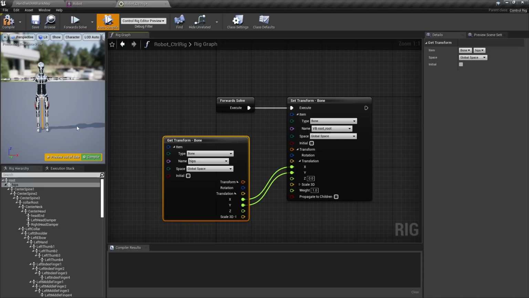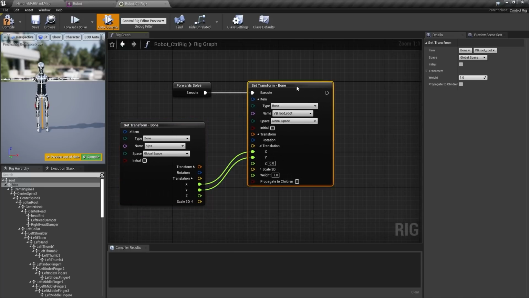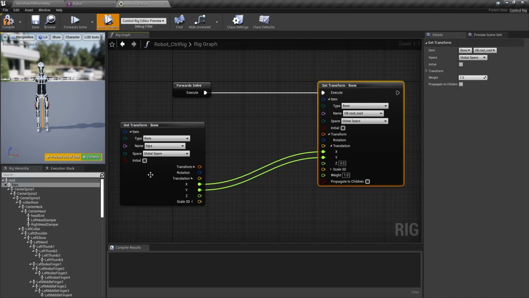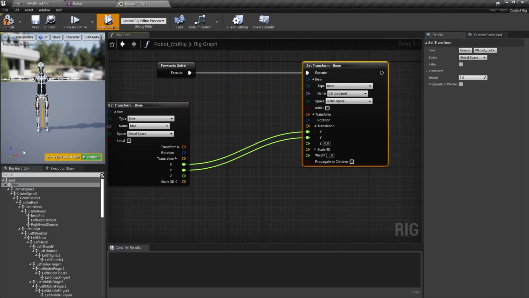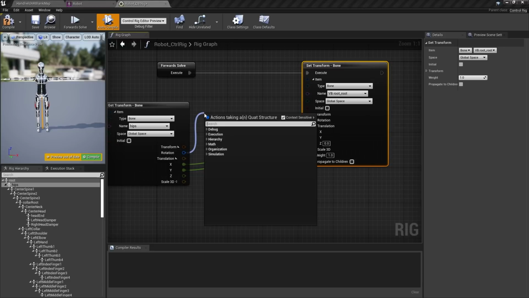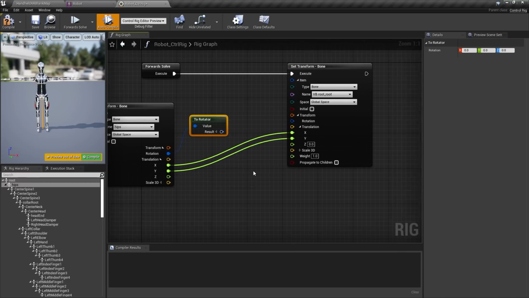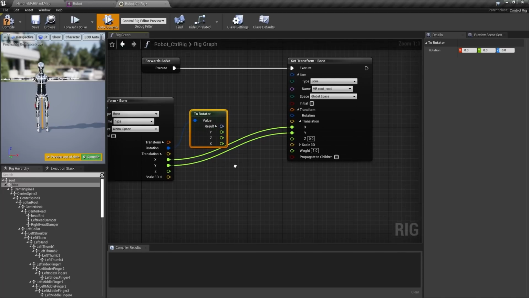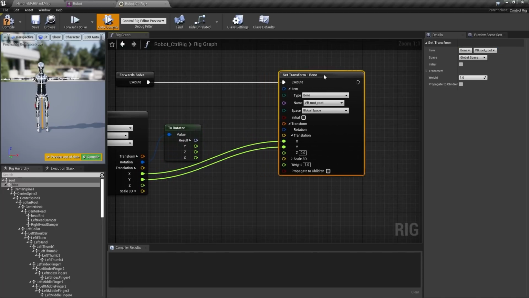Pretty straightforward. So the next thing we want to do is something similar for the rotation. We only want to get the Z rotation to match the orientation of the hips as the character moves around. So we're going to go to rotation, and I'm going to pull out of that and type rotator, and say to rotator. Again, we're going to expand this out so that we can grab just that Z axis.